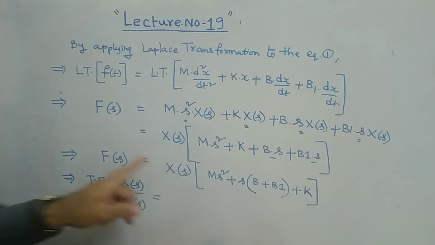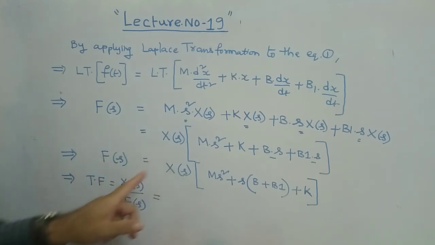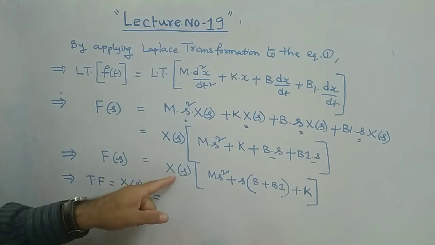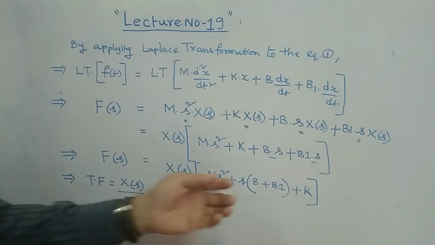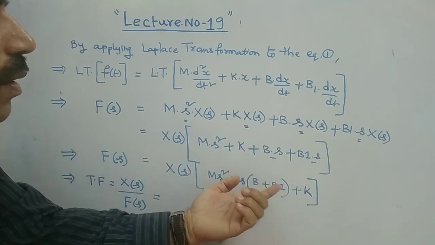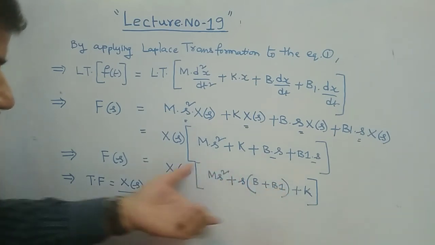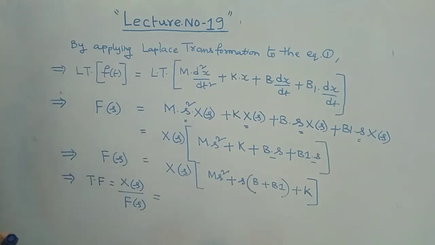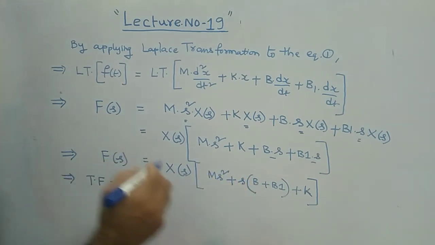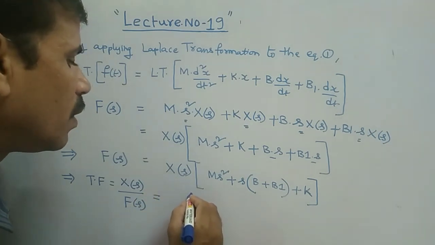So X(s) by F(s). If you take the ratio, you keep X(s) here itself, then bring all the quantity in the bracket to the left side. Since it is in product, if you bring it to the other side it comes in the denominator part. So it comes as 1 by